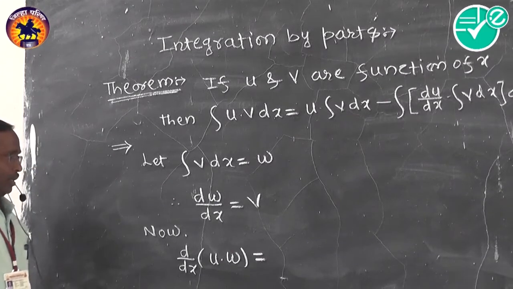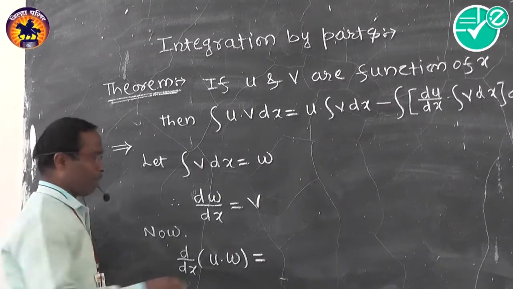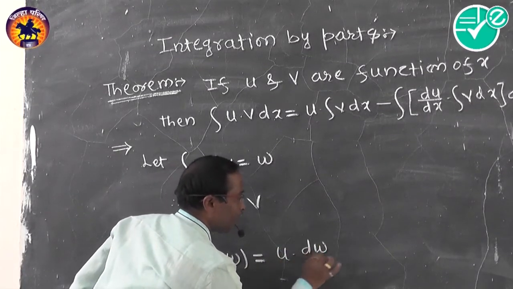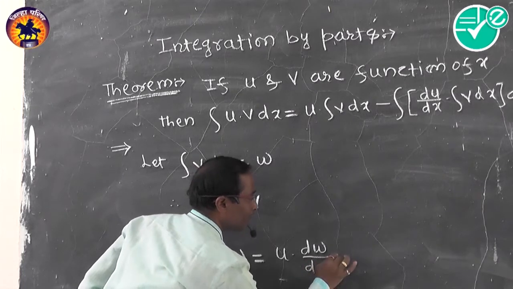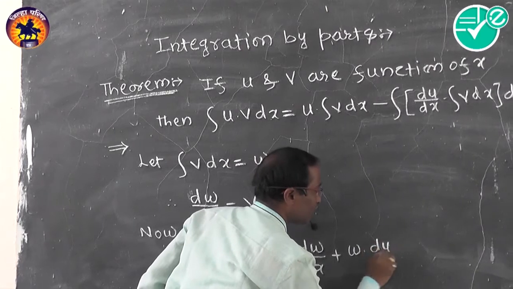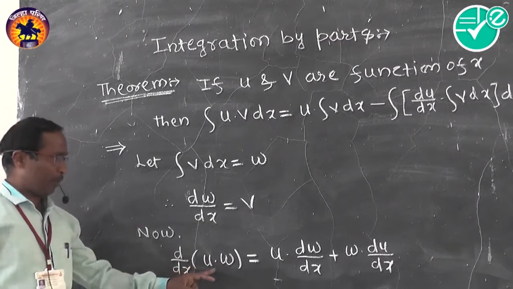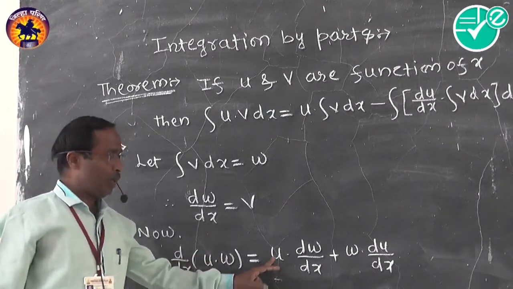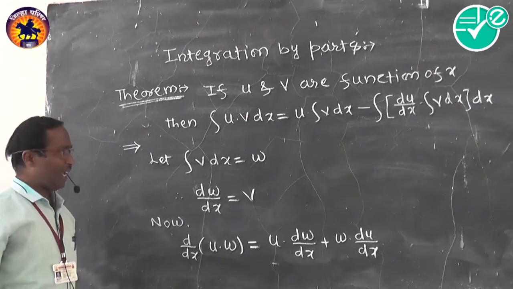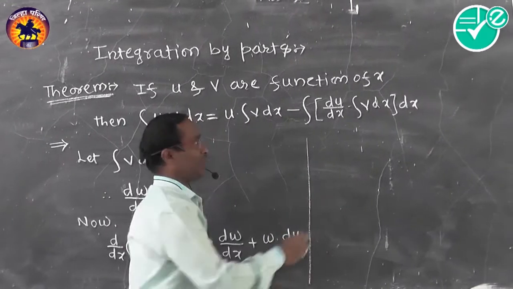by the derivative of a product of two functions. It is also called the product rule. By the product rule, first as it is, derivative of second, plus second as it is, derivative of first. So d by dx of u into w is equal to u into dw by dx plus w into du by dx. Now by using the definition of integration,